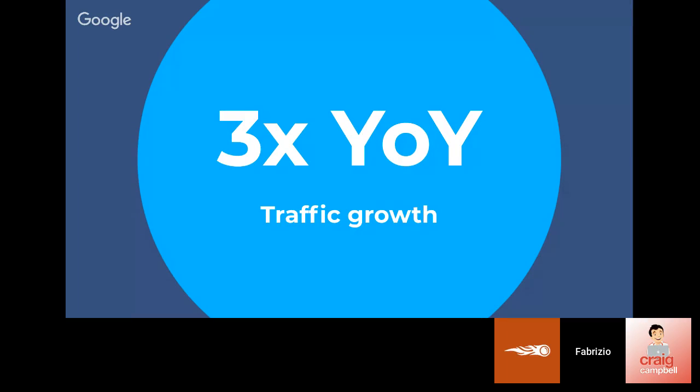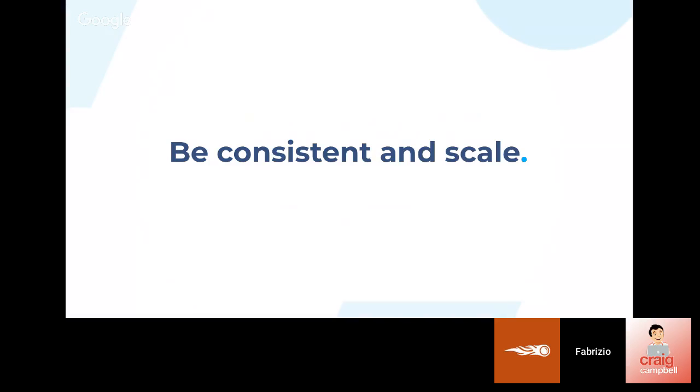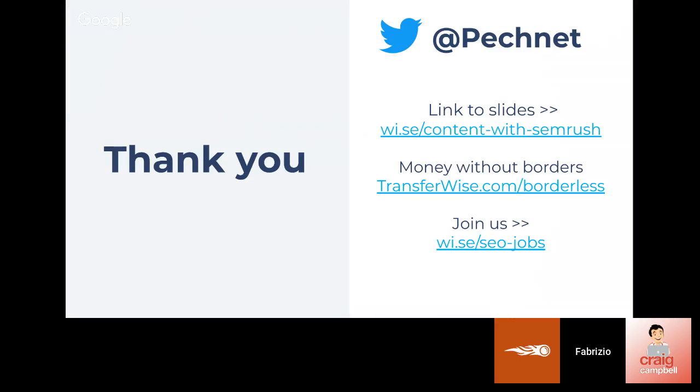And this is working, right? Our traffic is growing roughly 3x year on year, and that's pretty much what we learned, right? We learned that being consistent is a really important condition for when you scale, and that's what these two tools combined help you to do. They help you to have a consistent methodology to brief, a consistent way to put the data in, and avoid getting lost in the process, avoid measuring the quality of the content in a different way, and stuff like that. I think that's it. That was pretty much all our learnings in this particular session.